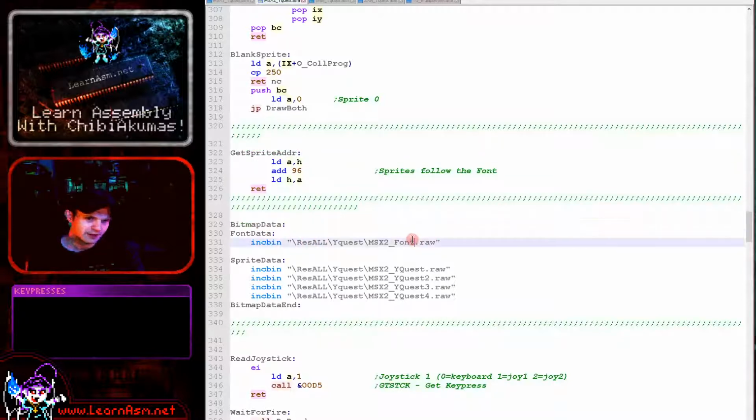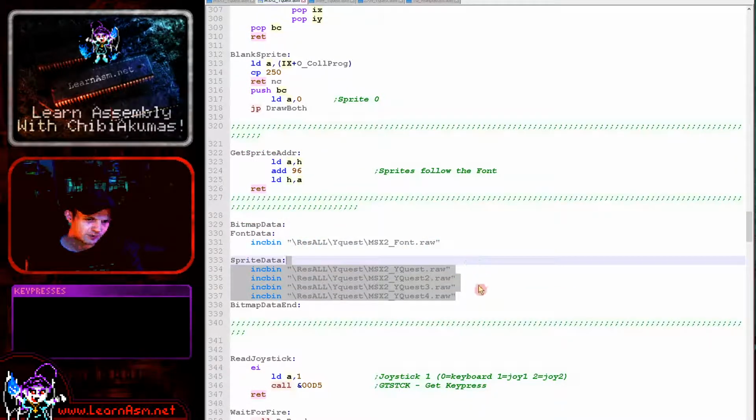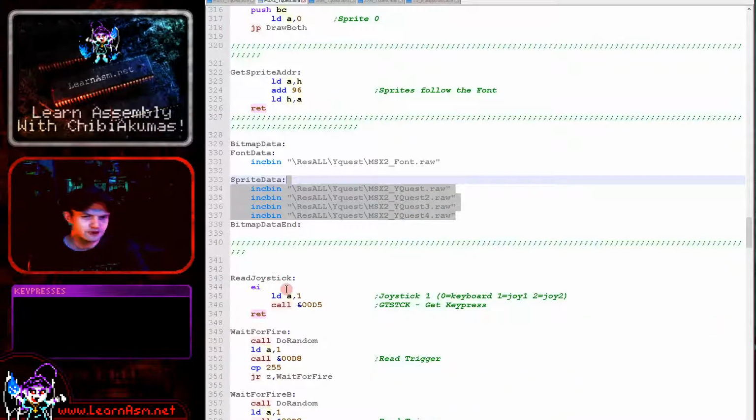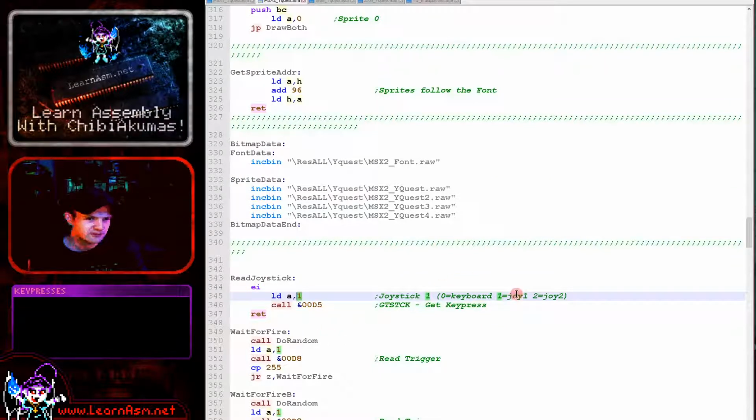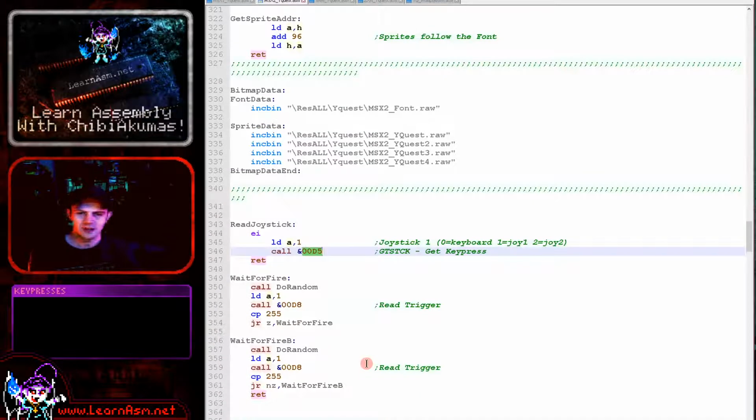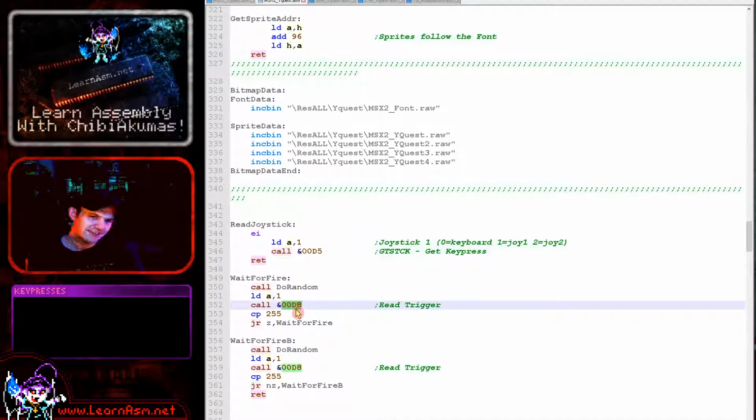Now the font is first, then the 4 banks of the sprite data, and these are transferred into VRAM by the define tiles routine, and it will convert them into tiles within the hidden areas of the screen. Here's our read joystick routine. We're selecting 1, which is the first joystick, 0 would be the keyboard. We're using firmware called D5 here to get the up, down, left and right, but not the fires unfortunately. The fires we're using D8, and we need to specify 1 for fire 1 or 3 for fire 2